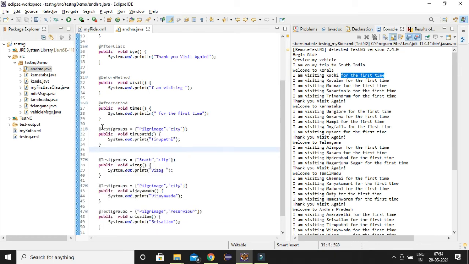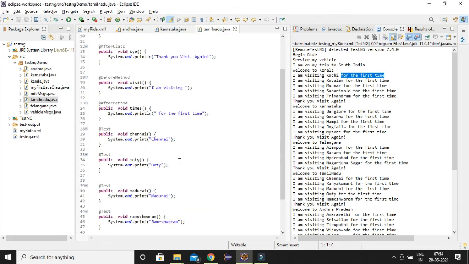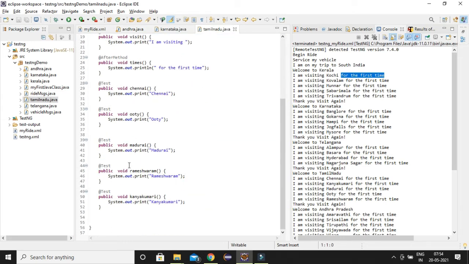In order to group, you just have to go to your test. Near @Test, just apply parentheses, groups is equal to, in brackets, and just group it.